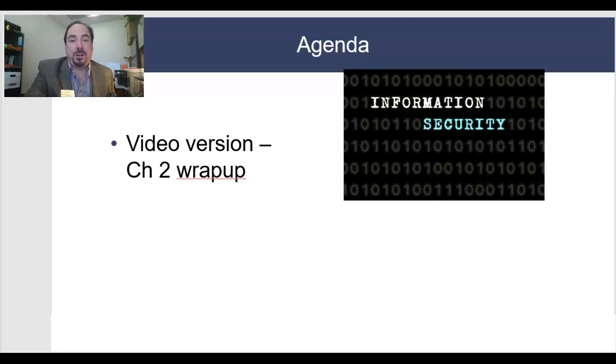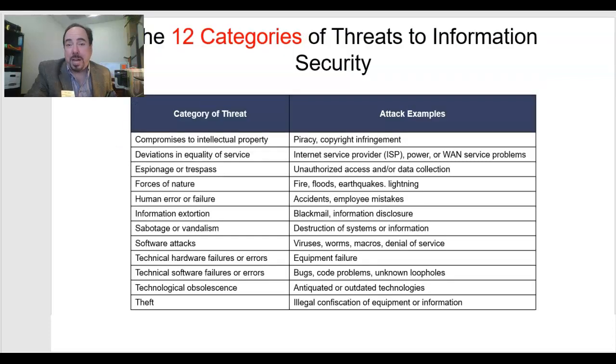So let's get started. Remember that there are 12 categories of potential threats that they're talking about. I showed you the MITRE list, which is a much more comprehensive categorization scheme. All categorization schemes are arbitrary and artificial. This one is as good as another, but I think 12 is too many to test you on in depth. I want you to recognize these 12 on the exam, but there are 4 of them that we're going to go into some more detail on.